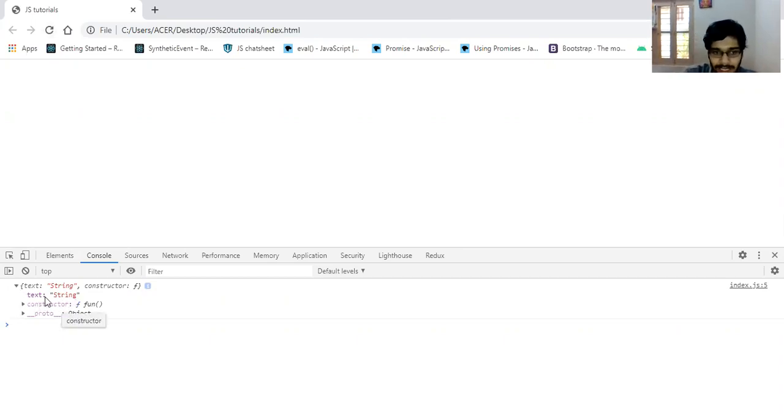Here there are two additional properties called constructor and __proto__. The third property in the list is also called dunder proto. This dunder proto comes into play when you call the function in the constructor way, that is using the new keyword.